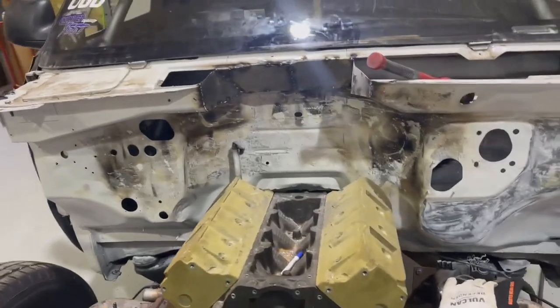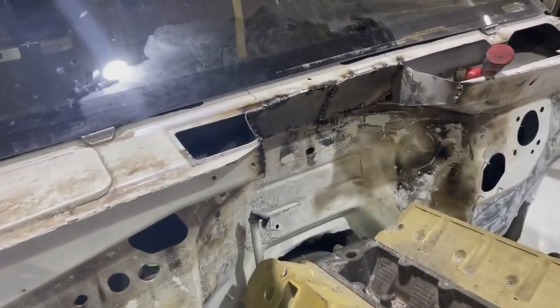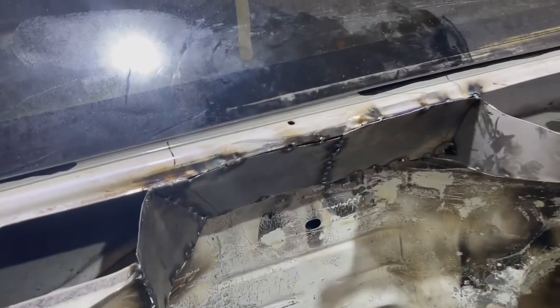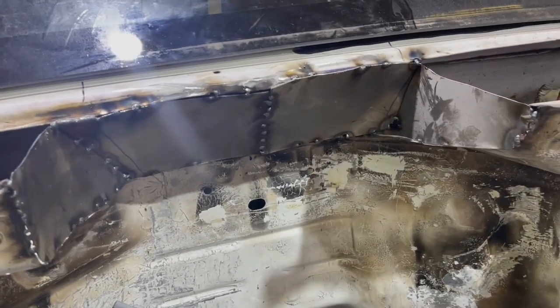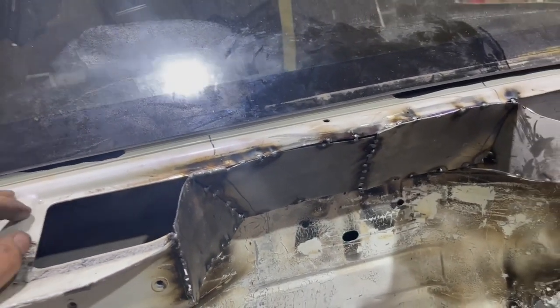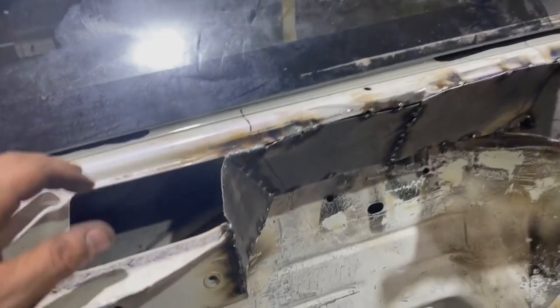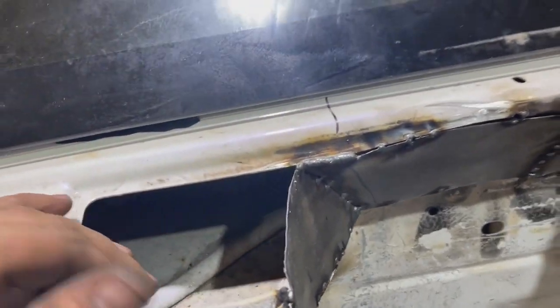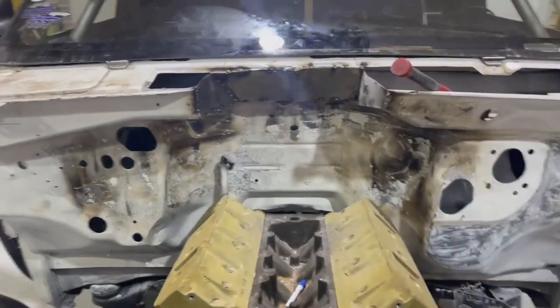All right, so I'd love to tell you that took five minutes and was no big deal, but it did kind of kick my butt a little bit. I don't really know what I'm doing with this. So here's where we're at. It's just tacked in for now. Obviously, when it's all said and done, it'll be ground smooth. It'll have a little bit of filler over it, and it'll get painted along with the rest of the firewall. But I think it turned out about as good as I'm going to be able to do it, which is probably